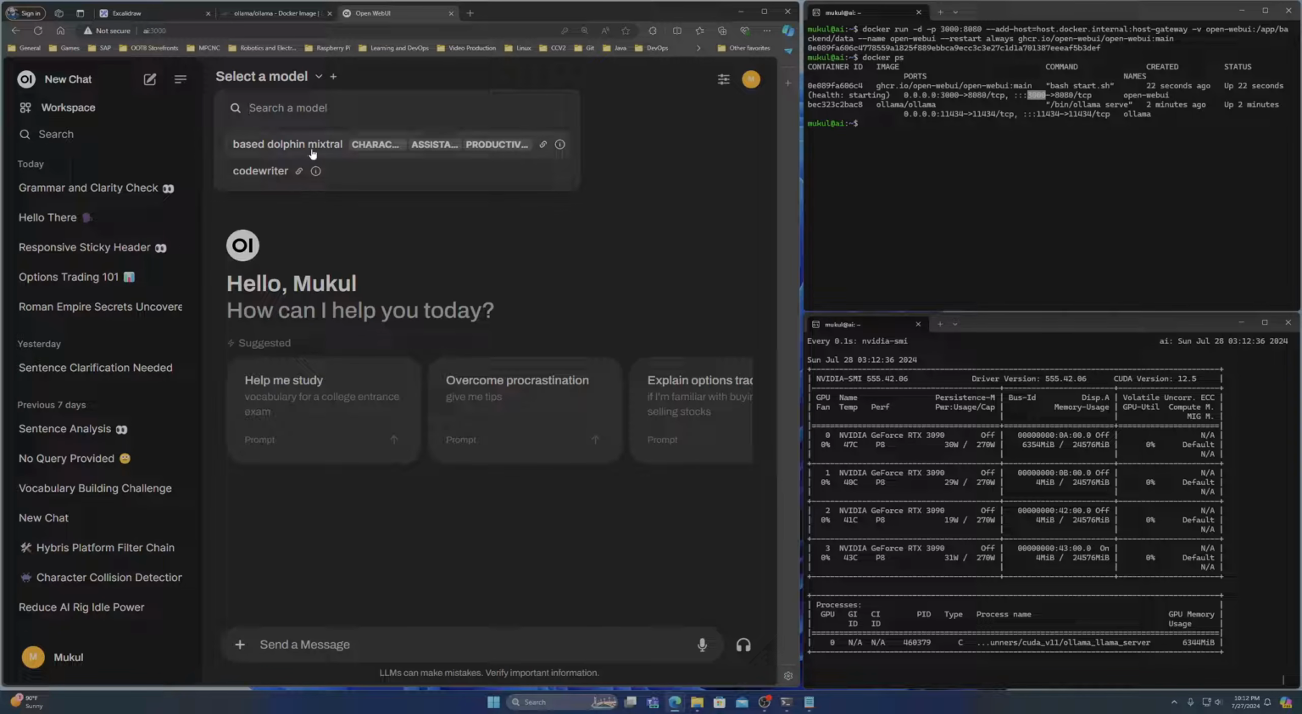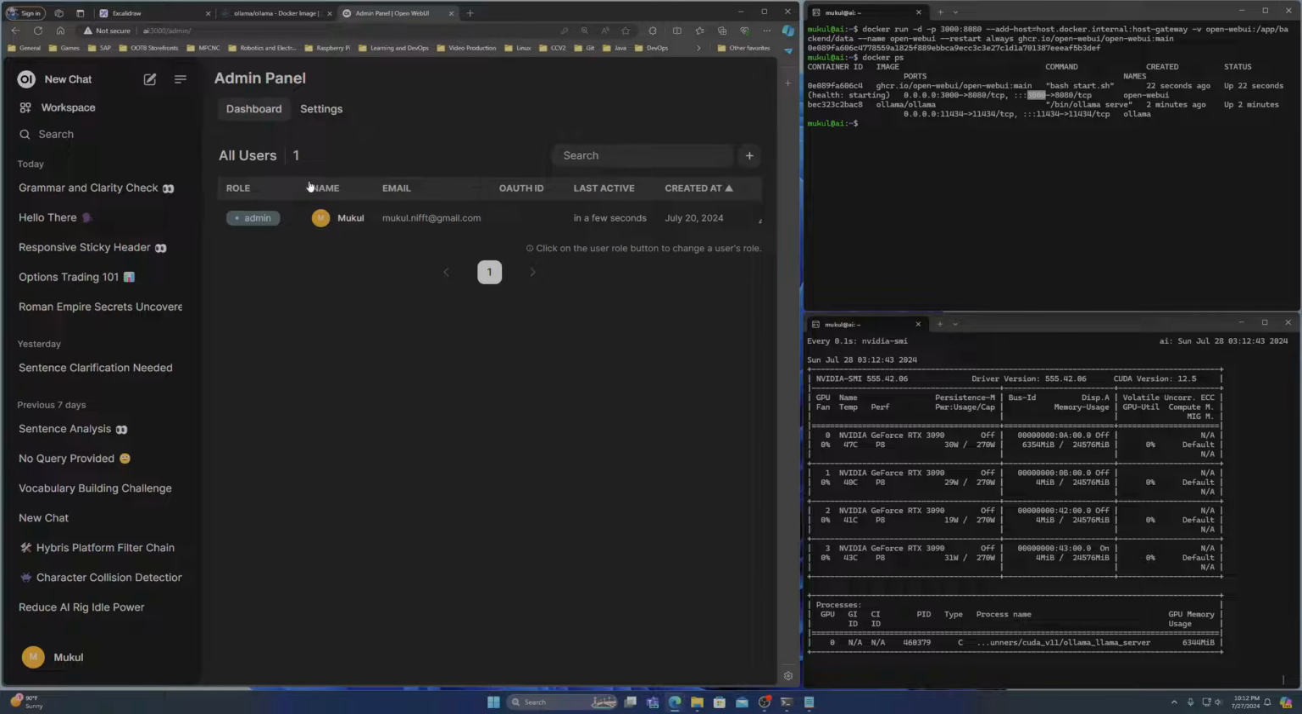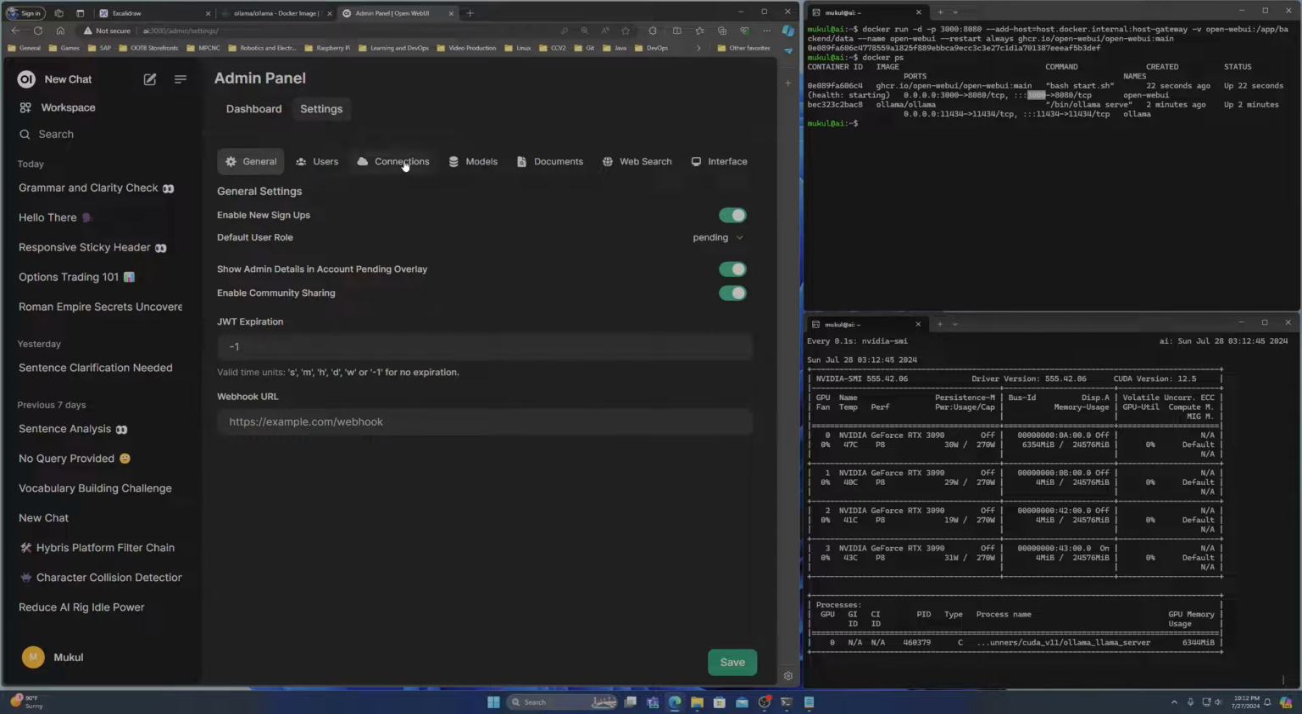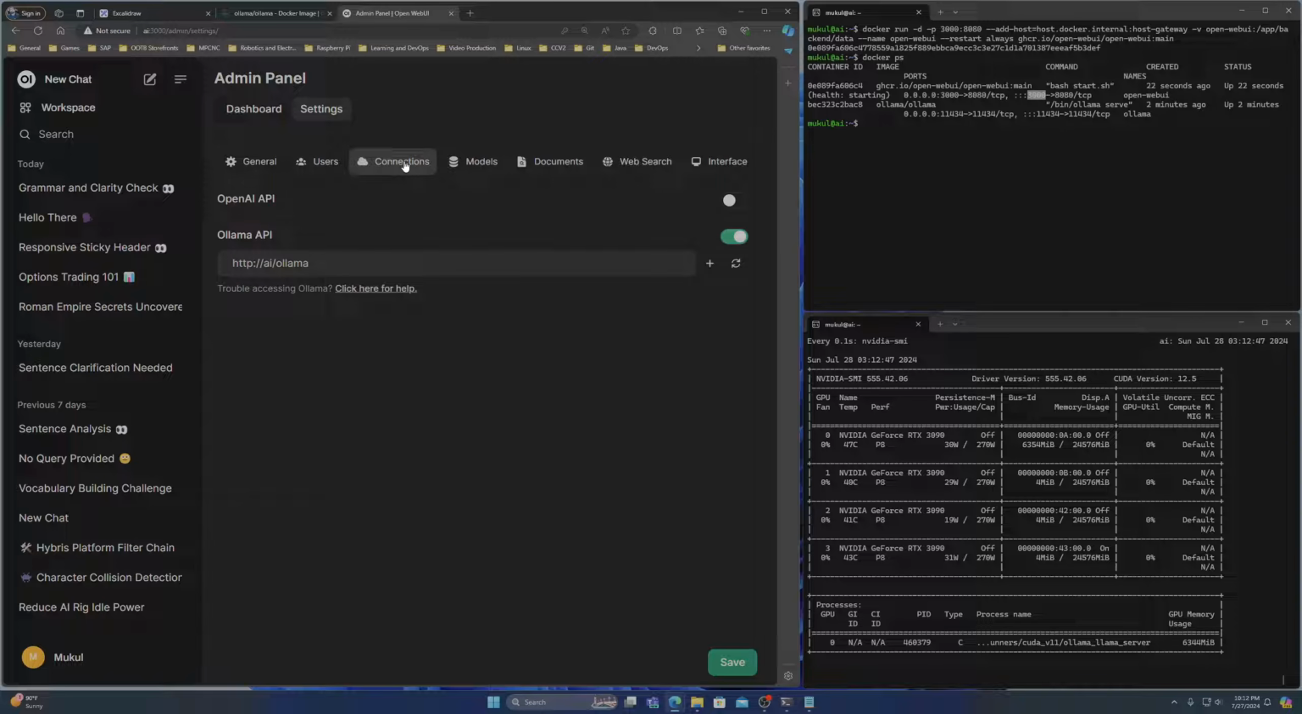So apparently it is not connected to my Docker container. So let's see. Let's go over here. Let's go to connections, and let's see. Oh, so this configuration is incorrect. So let's fix this. It is right now